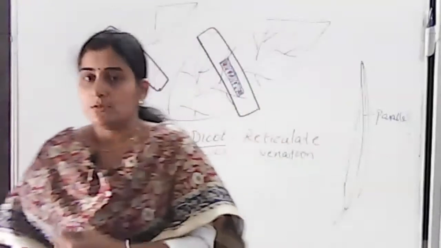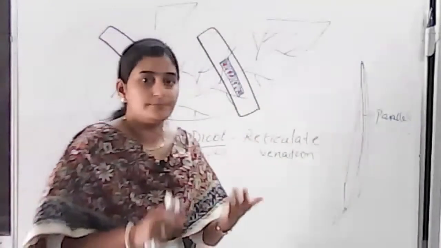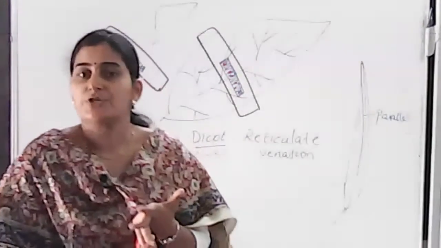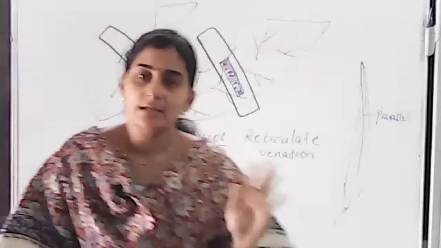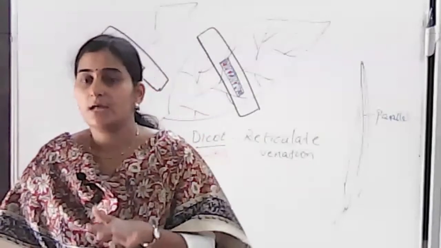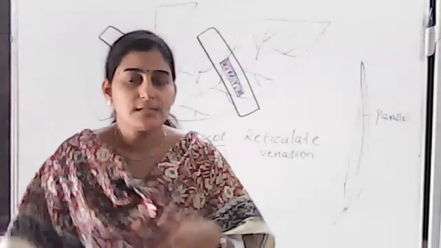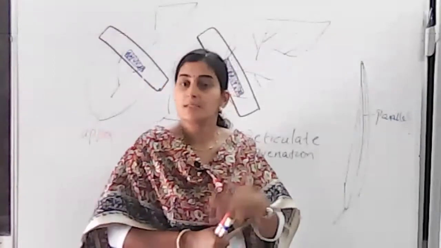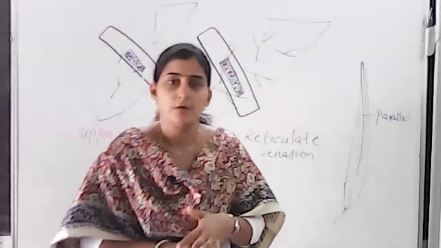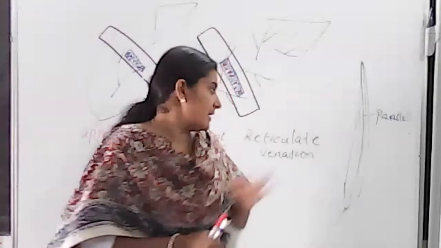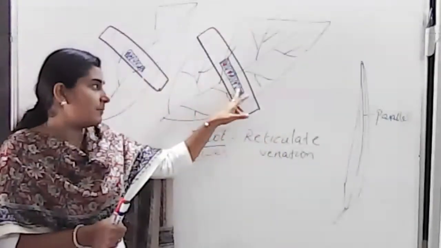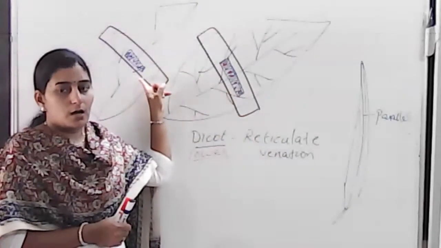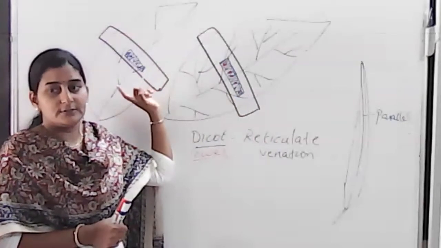Okay, so about the structure of stomata, about the mechanism of transpiration, and again we have just seen about the number of stomata seen on the upper epidermis and lower epidermis. What about the number of stomata seen on the upper epidermis and lower epidermis of a dicot leaf and monocot leaf? In case of a dicot leaf, the number of stomata will be more on the lower surface compared to the outer surface.